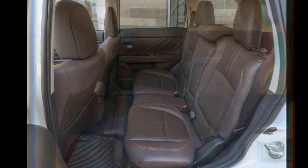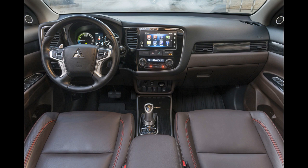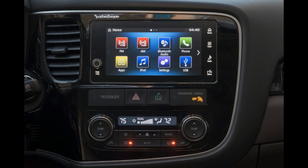It remained composed in the corners, its low center of gravity and Super All-Wheel Control, SAWC, four-wheel drive system minimizing roll and providing stability. It took a fair amount of effort to get this thing to give up any traction, and we were